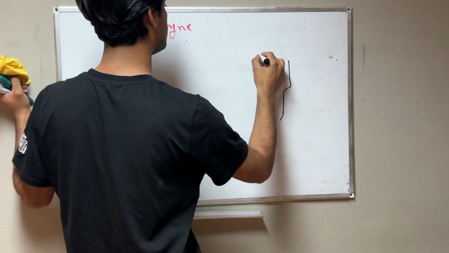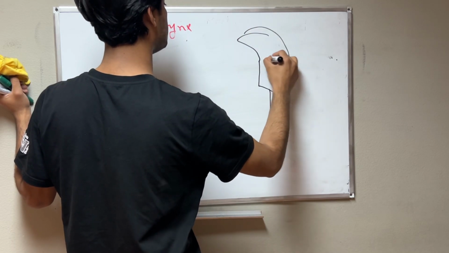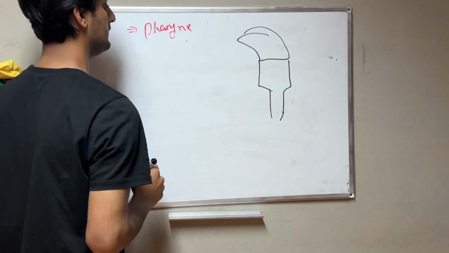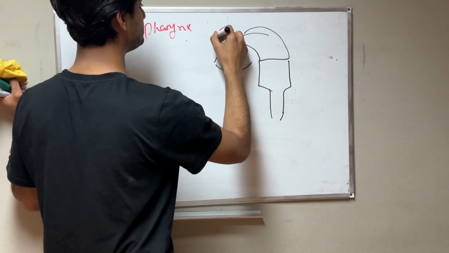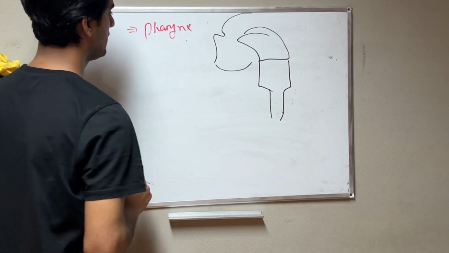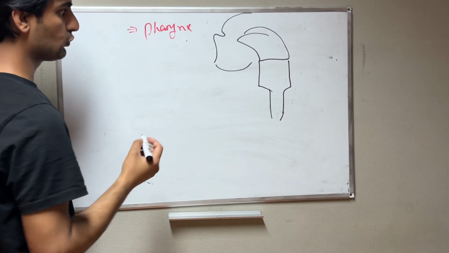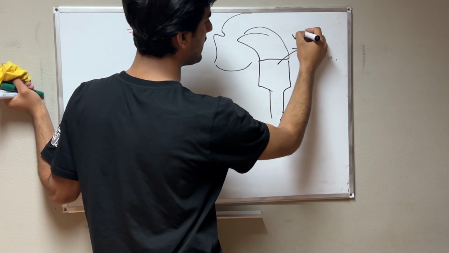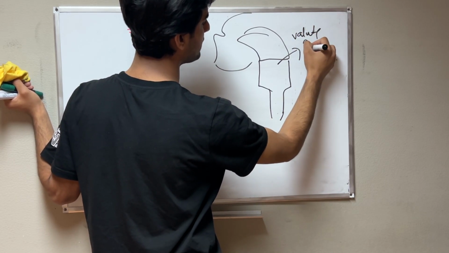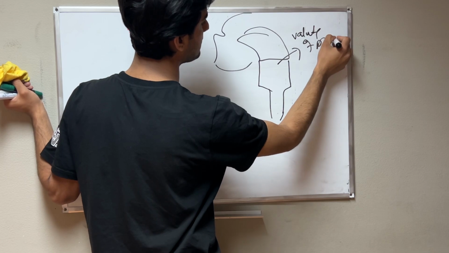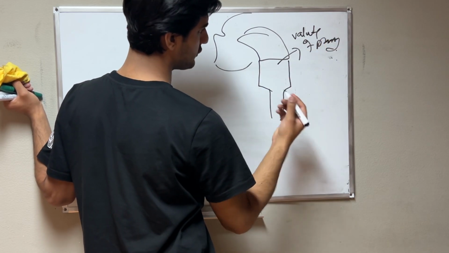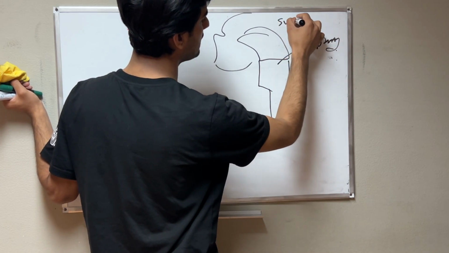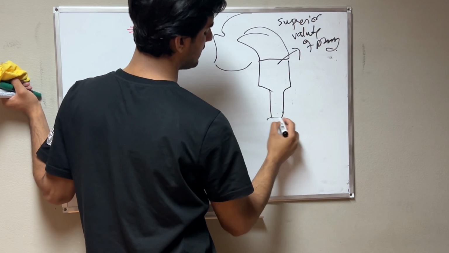Okay, pharynx. From the oral cavity, this is the pharynx. There we have the superior boundary. I already told you, we have the base of the skull where the vault of pharynx is located. I will tell you more about the vault of pharynx, but it is located in the superior boundary, and then the inferior boundary,